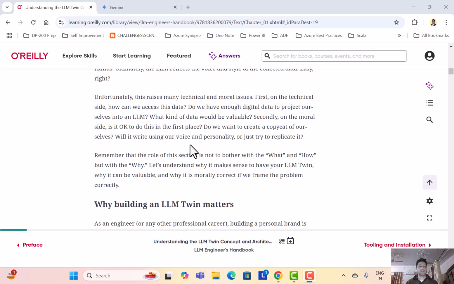For example, do I have documents from articles that I've written on the internet, or some documents offline which can be used to train this model, or which can be used alongside this model, so that it gives customized and personalized output, and it can mimic me.